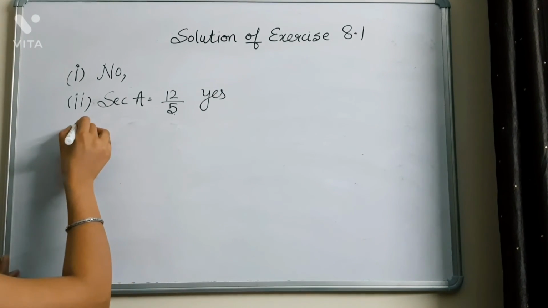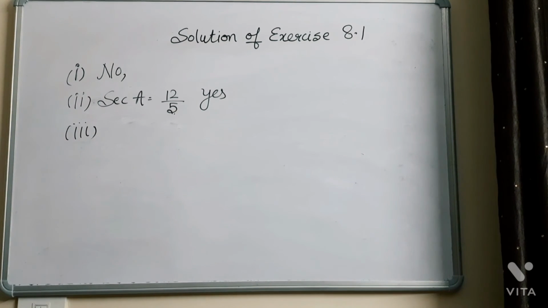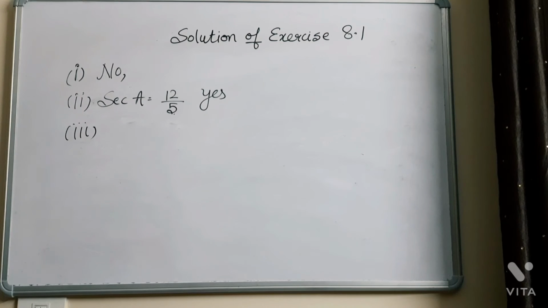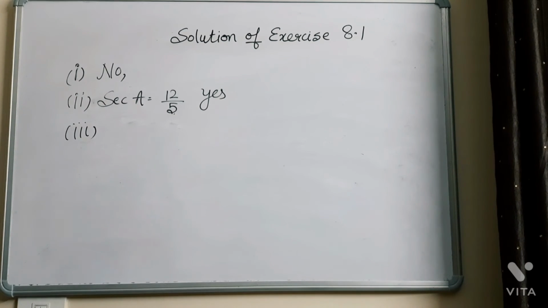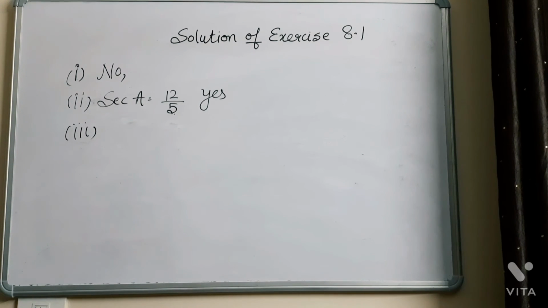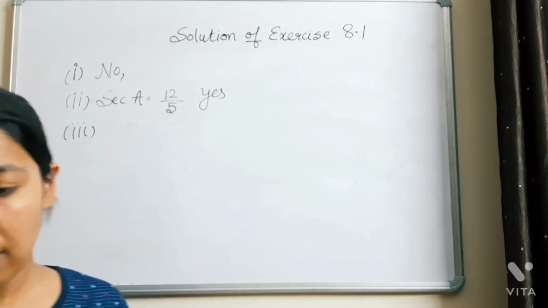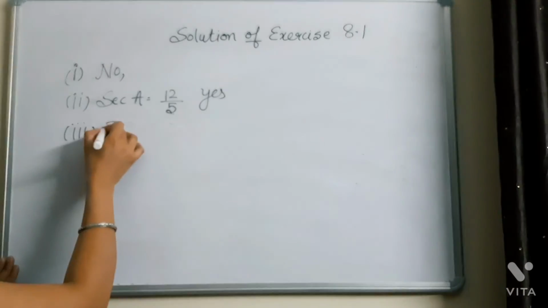Now question number 3. Cos A is the abbreviation of cosecant of angle A. No, cosecant is the abbreviation of cosec angle. There is no abbreviation for cos A, which is cosecant. So write it as false because cosecant is the abbreviation of cosec angle. So question number 3 is false.